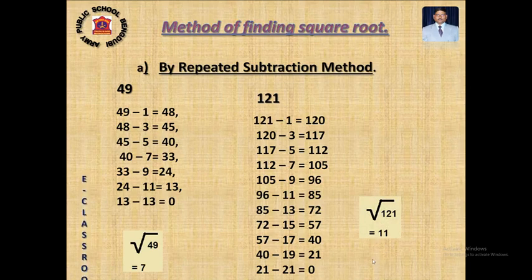But you see, this method we generally don't follow for examinations, as it is a very time consuming method, but it is one of the methods. Those who are not able to follow other methods where there is more calculation, you can follow this method also to find the square root of a number if a certain method is not mentioned in your question paper. If it is simply like this, find the square root of the given number, you can follow any method. When the method's name is mentioned, you have to find the square root by that particular method only. Now, what is the second method?